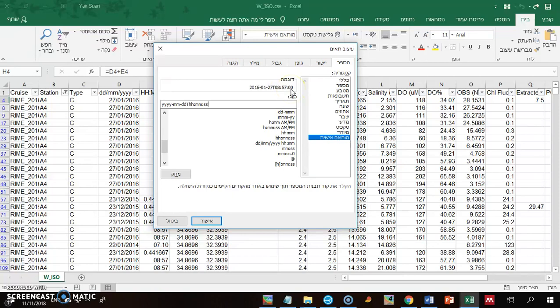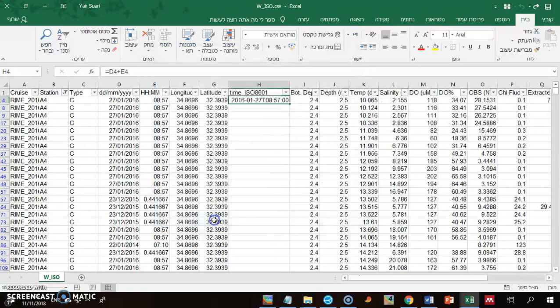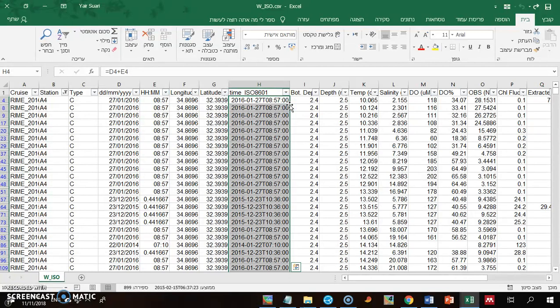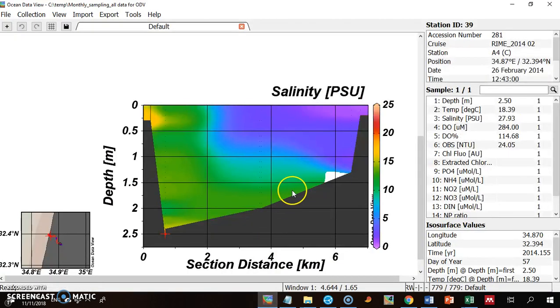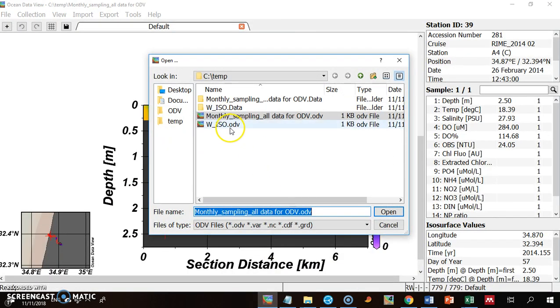Okay, so that's ISO 8601, and now I have both the value and the format, and I put it on the whole database. I copy paste it for the whole database, and just because of the type of analysis I want, I filtered so that I have only one station, and actually I've already prepared it, so let's open the with ISO database,